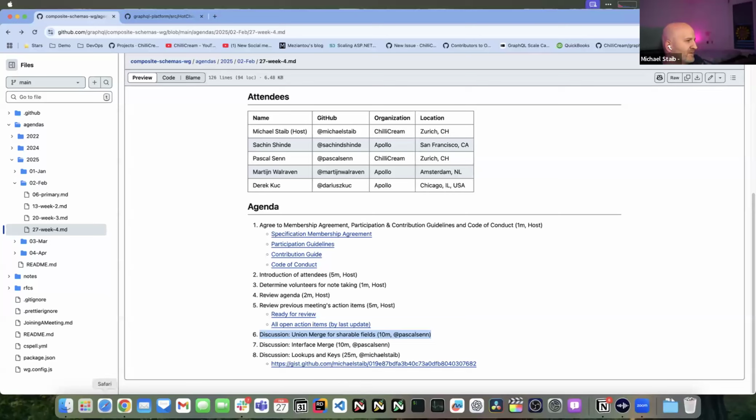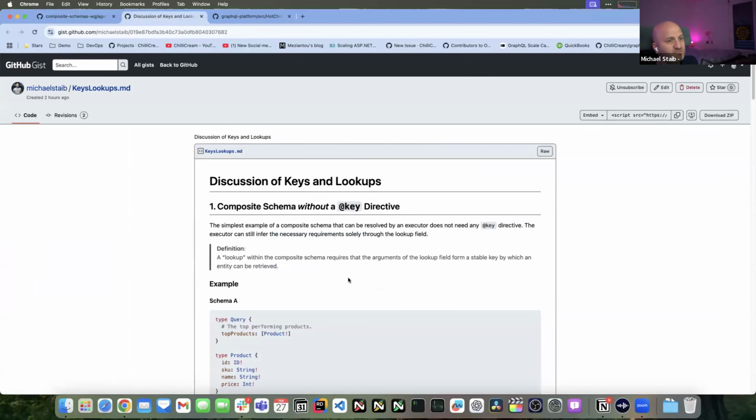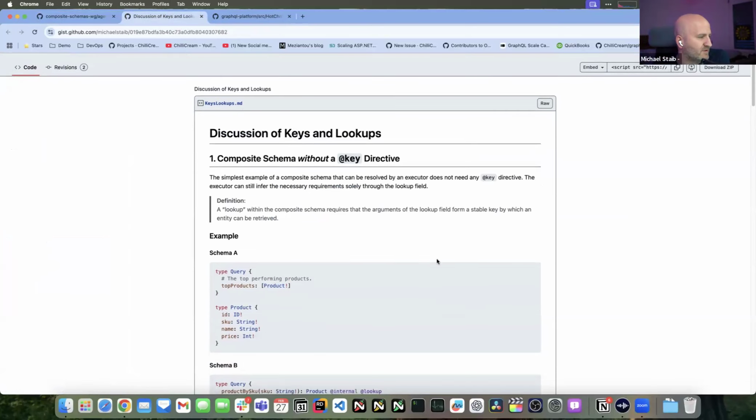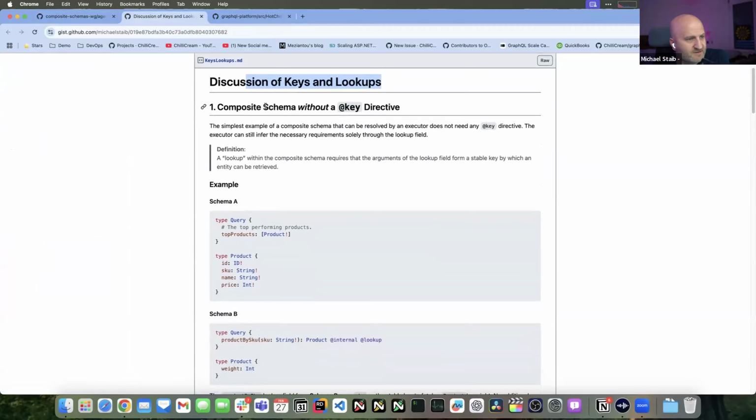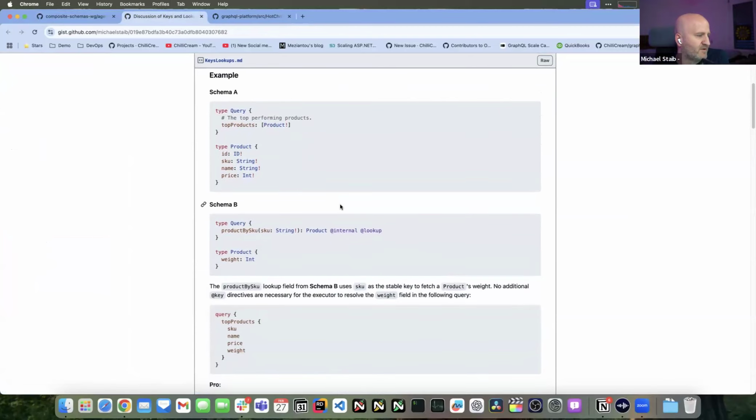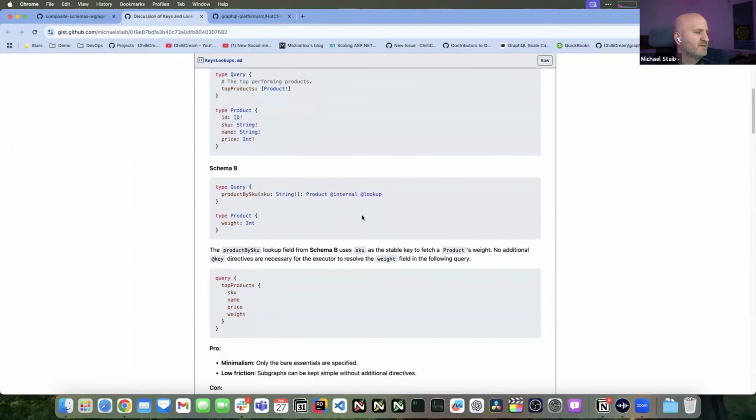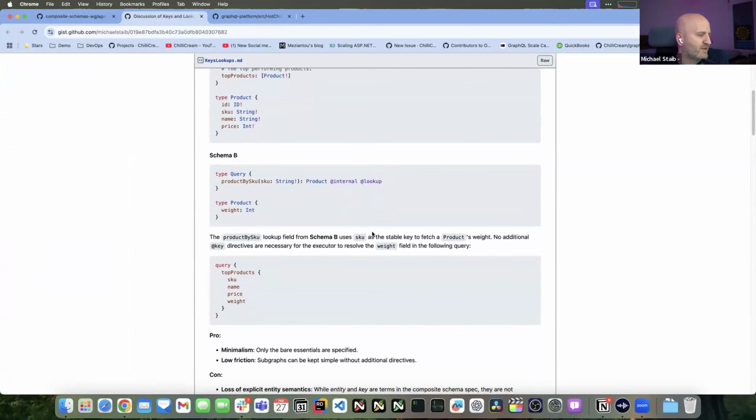Let's talk about the hot topic. Okay, let's go here. I summed up a bit the discussion points from last time, and what the pros and cons of each of the approaches are, just so that we can make a good decision on that. The discussion point that we had last time was, is key needed at all in the schema, or technically needed, or could we just go without it?